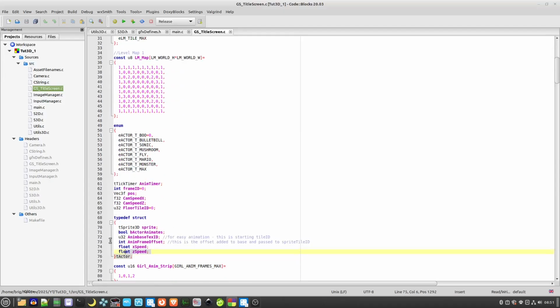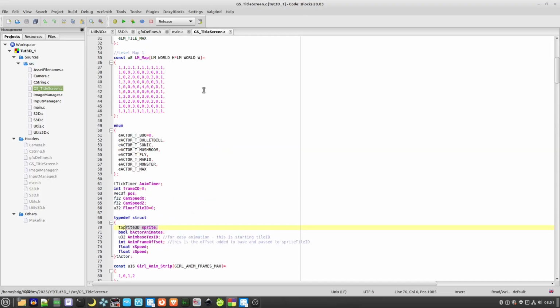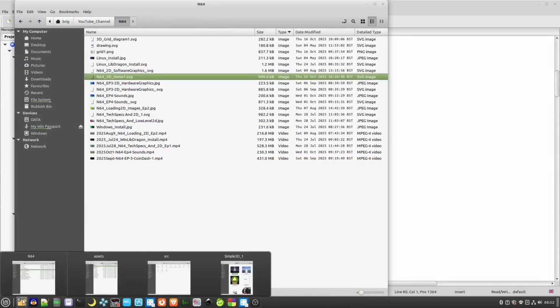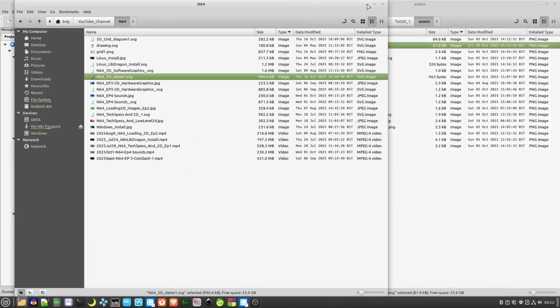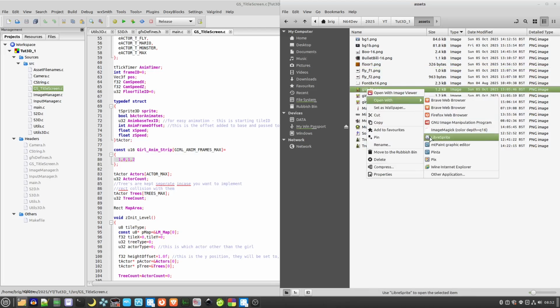And then I've created a mini actor type here, which contains one of the sprites here with some useful stuff in here to work with them. The girl animations, where is it? Let's get to our assets folder here. You'll see there's 3 frames for her walking here. There's 2 animation frames for the fly, but the girl animation frames,